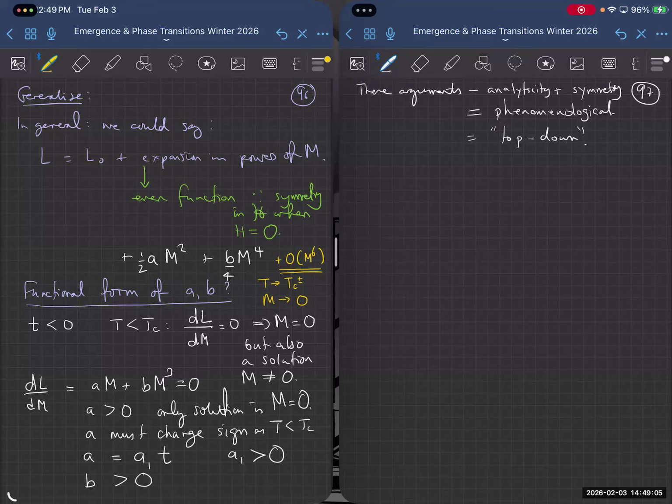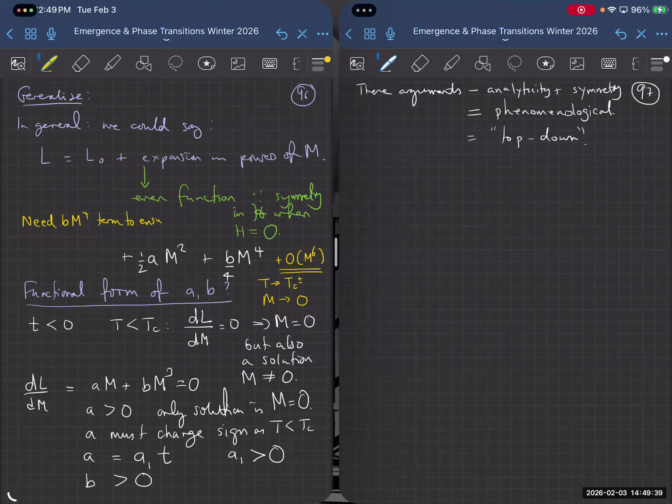We can't truncate at m squared, because as I just showed you, the coefficient of m squared has to change sign as I go through the phase transition. The free energy always has to be bounded below. So the lowest order we can go is we have to include an m squared term. We have to have an m to the 4th term that is positive so that the Landau free energy is bounded below. So we need this b m to the 4th term